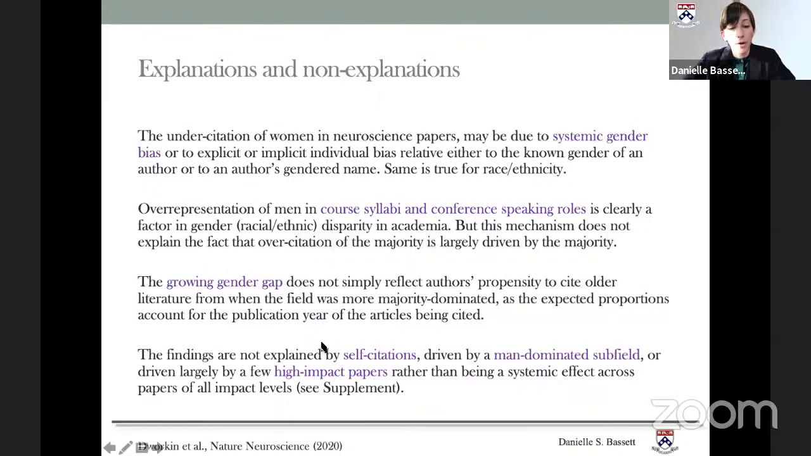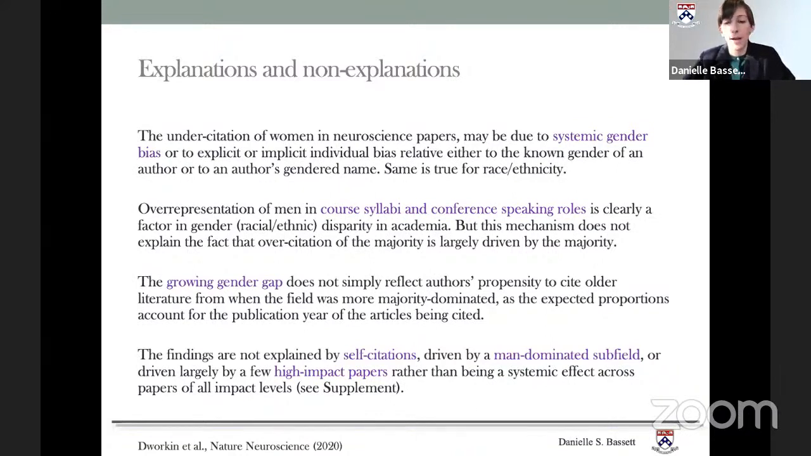Number 3, the growing gender gap does not simply reflect authors' propensity to cite older literature from when the field was more majority dominated, as the expected proportions account for the publication year of the article that is being cited. So that's important. And lastly, the findings are not explained by self-citations or driven by a man-dominated subfield